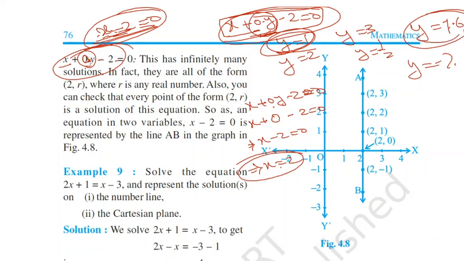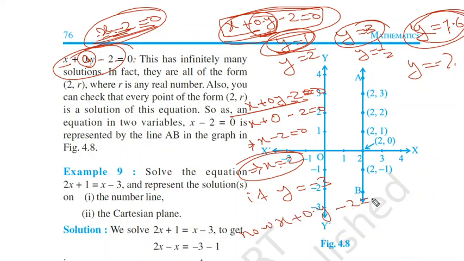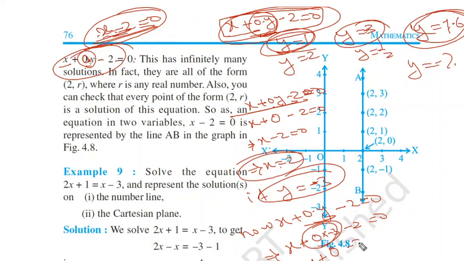You can take another, say y equal to 7.6, or minus 3, I will take. If y equal to minus 3, let's take the equation x plus 0 into y minus 2 equal to 0, implies x plus 0 into minus 3 minus 2 equal to 0, implies x plus 0 minus 2 equal to 0, implies x equal to 2. So you see, in the first case we got the value of x equal to 2, in the second case we got the value of x equal to 2.